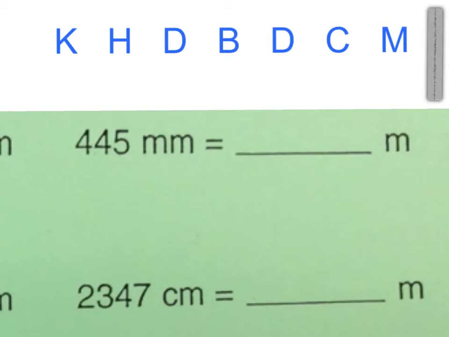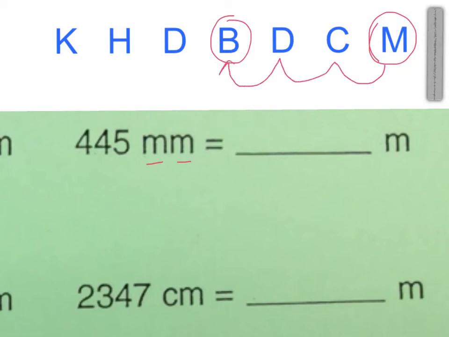Okay, so let's see how you made out. In this one, we're going from millimeters, because that has the 2 lowercase m's, and we want to convert it to our base units in meters. To do that, we're going to go 1, 2, 3 places. And we always want to remember which direction we're going. We're going from milli to the left. So let's take our